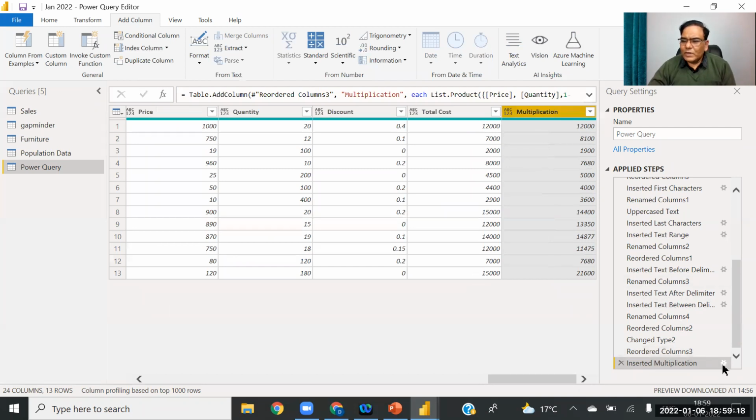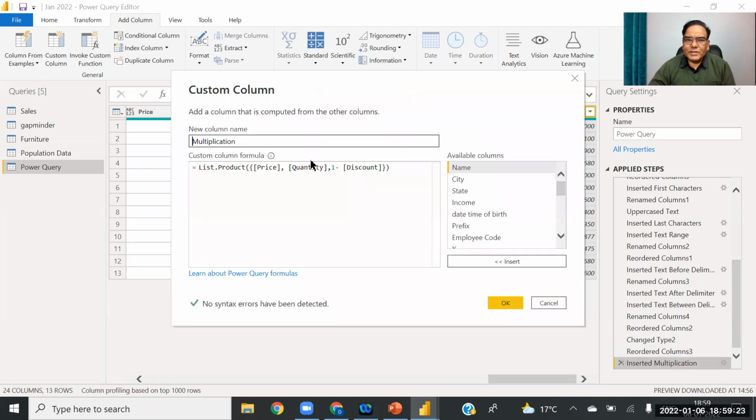Whenever you click on this setting, you can always see the formula here, and these formulas are known as M formula. Once you learn Power BI, you can also learn how to design these formulas in Power BI.